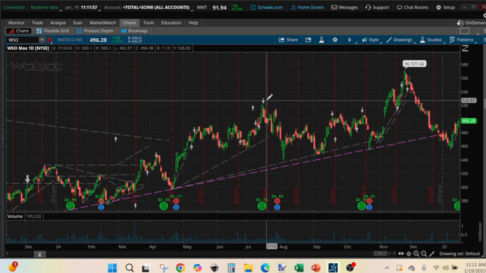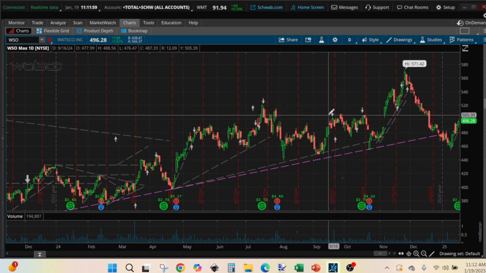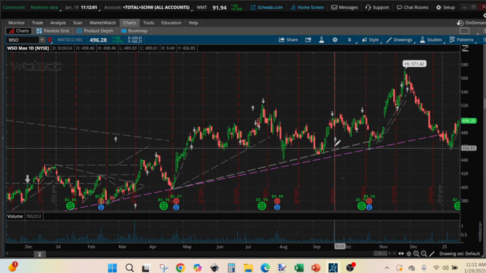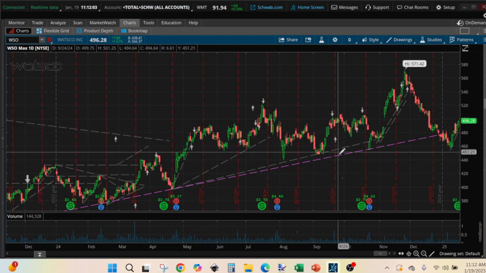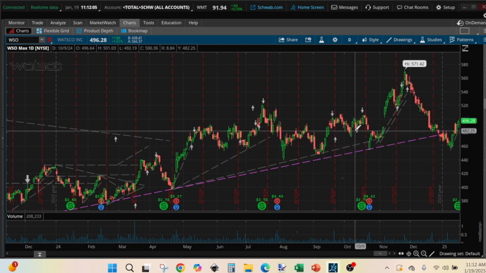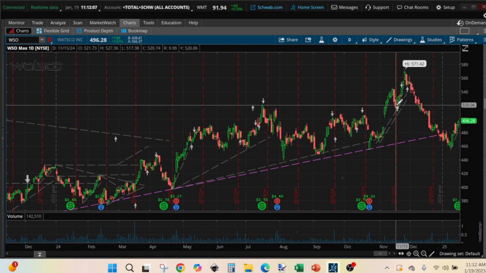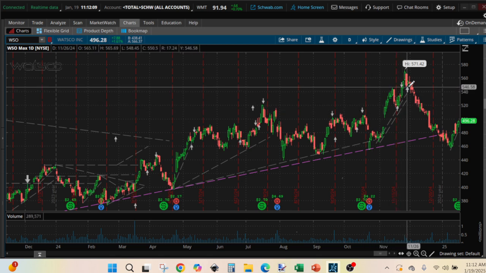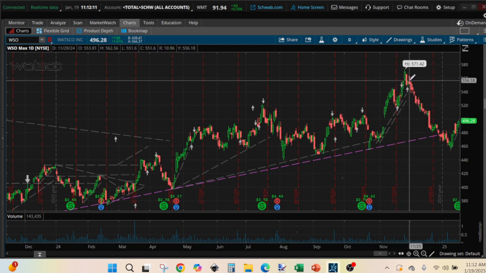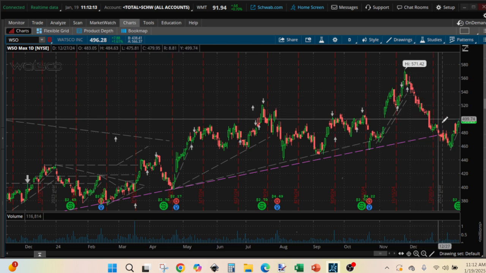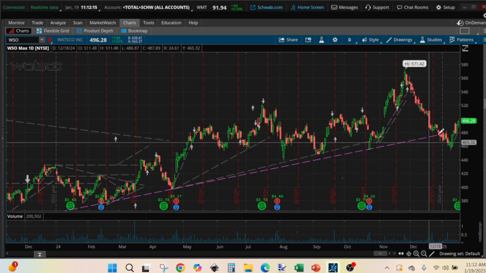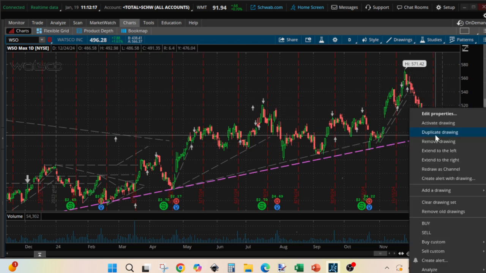Some arrows are misplaced. So we bought it here, we sold it there, we bought it there, we sold it there, we bought it again, and well, that line ended and it sharply dropped